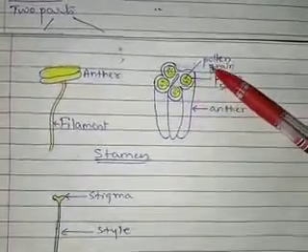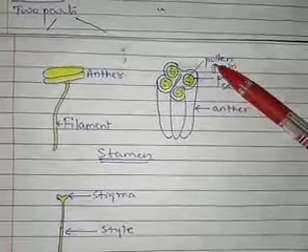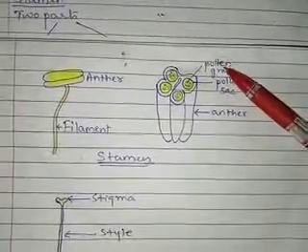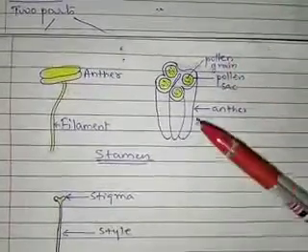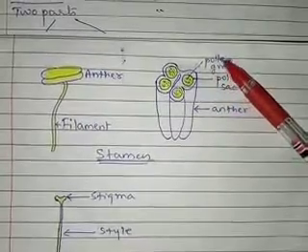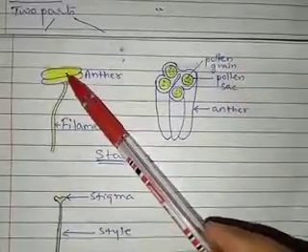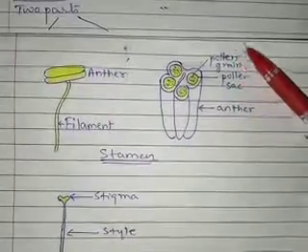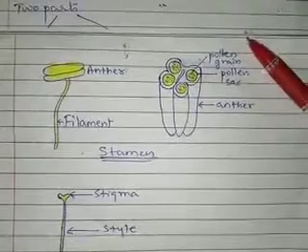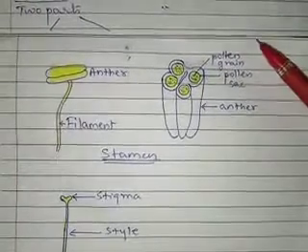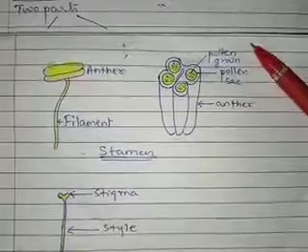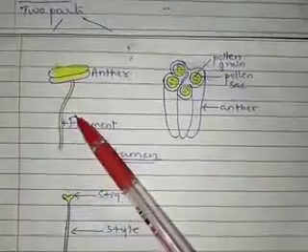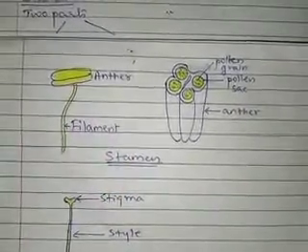Why are they important? Because they contain the male gamete which is required for the process of fertilization during the reproduction process, right? Now these pollen grains appear as a powdery structure over the anther when the anther breaks open. Why? Because the pollen grains are very minute, very small in size. Different flowers have different shapes and sizes of pollen grain. Understanding? Okay. Now coming once again to the androecium.